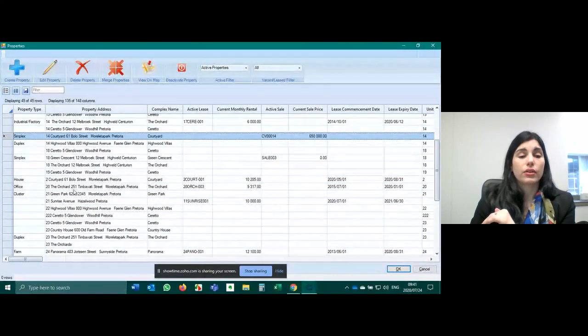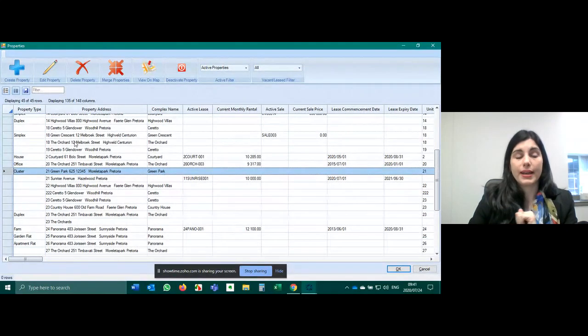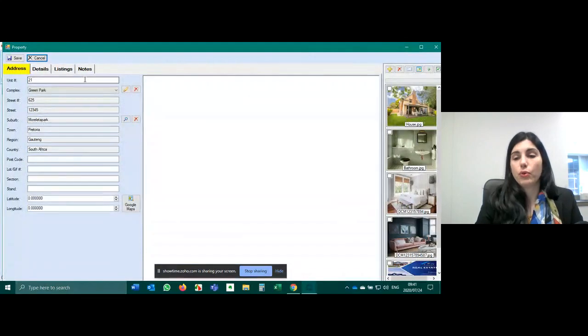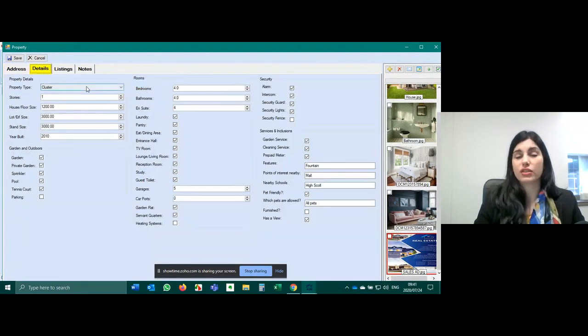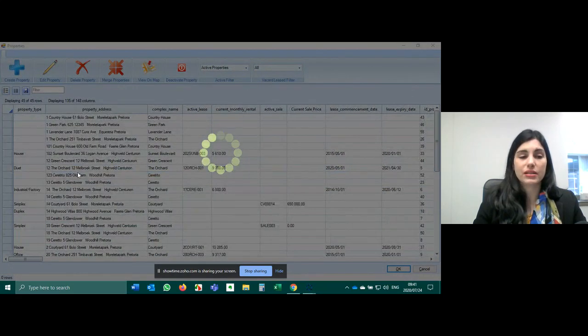You'll see that I'm going to select this property here for my sales file. If I edit it, you'll be able to see more information. I put the property address, I put photos of the property, I even have an advert for my property and then unique features of this property. So if I'm happy with this information, I'm going to load that to my sales file,